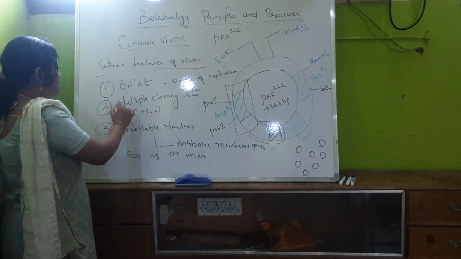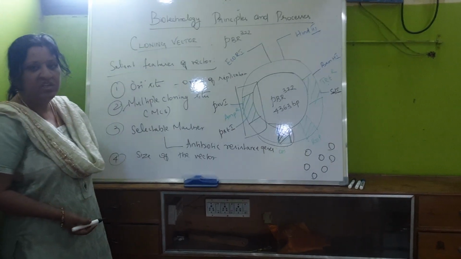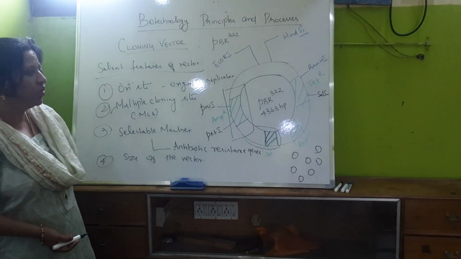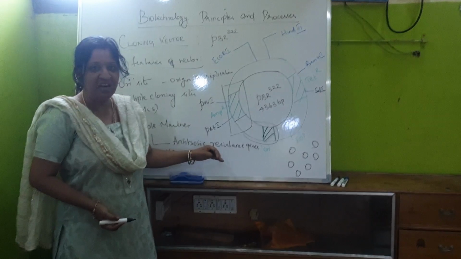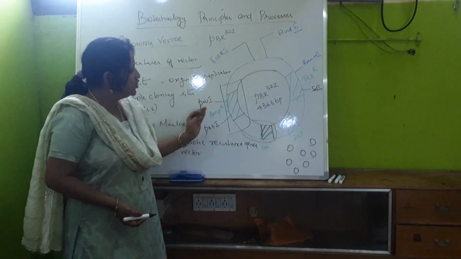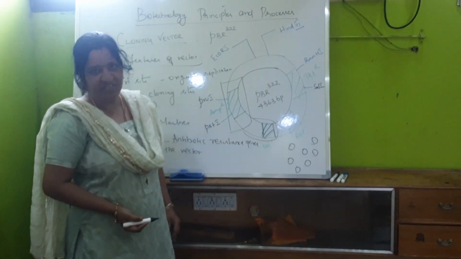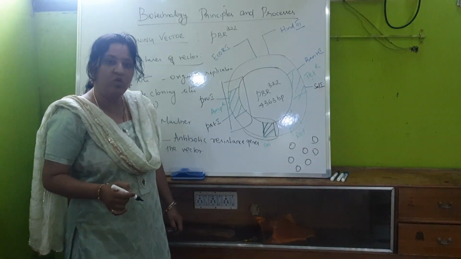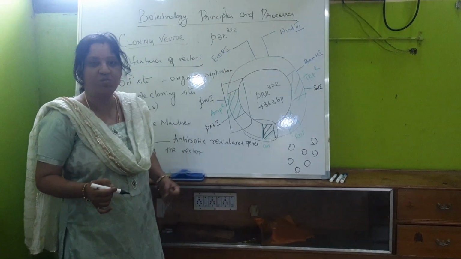The next one is the multiple cloning sites. Multiple cloning sites means what? If you take any plasmid, any vector, it should contain so many restriction sites. In biotechnology, restriction site means what? Restriction